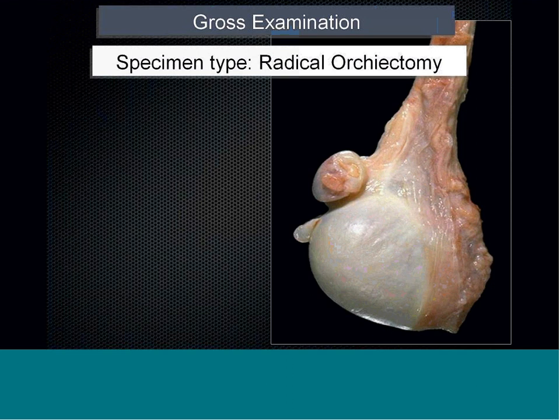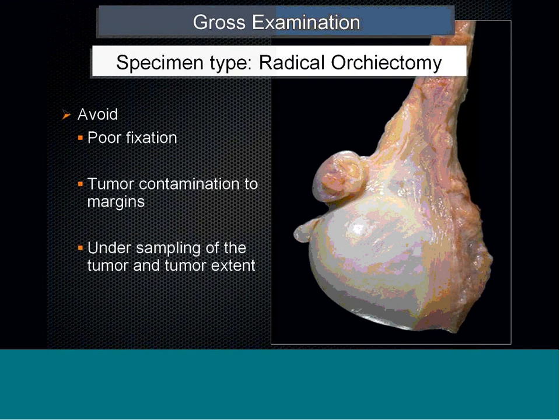A radical orchiectomy specimen is composed of testis, epididymis, a segment of spermatic cord, and associated tunics. It should ideally be received fresh, and tumor sampling should be done after adequate fixation, usually overnight. The testicular tunic is quite thick and fibrous and does not permit penetration of fixative, which could be a major source of diagnostic problems if the urologist sends the specimen intact in formalin without bivalving, which causes some autolytic